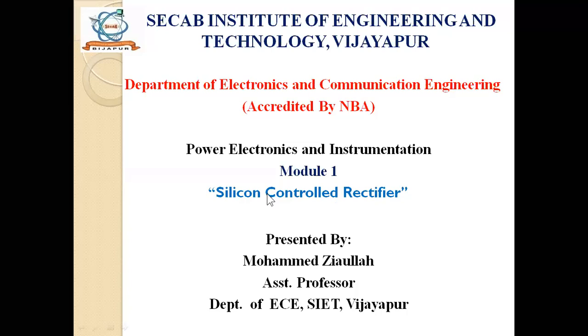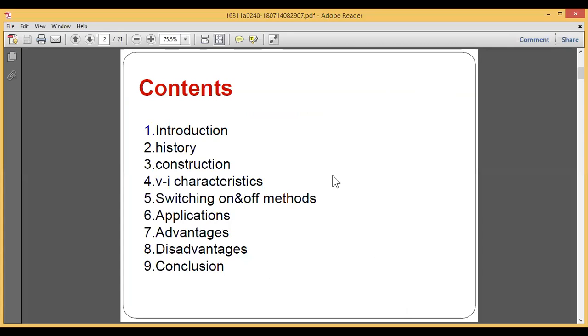Normally, any device of electronics falls under the category of semiconductor, and the material used for the construction of those devices is silicon. And why the word controlled? Because the rectifier which we are going to use here has full control over the output. So that is why we go for the silicon control rectifier. Let us see how the silicon control rectifier benefits us, and try to study its importance and its introduction part.